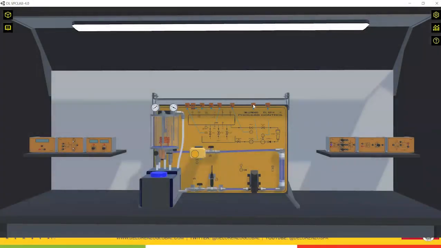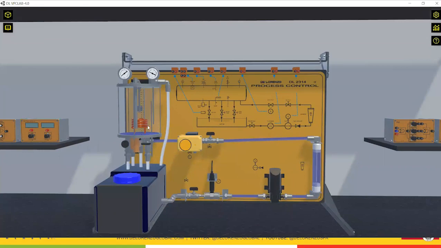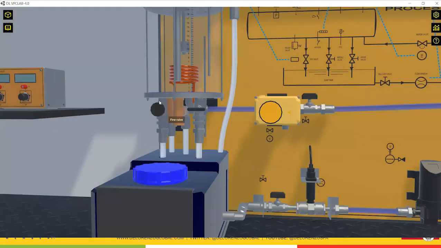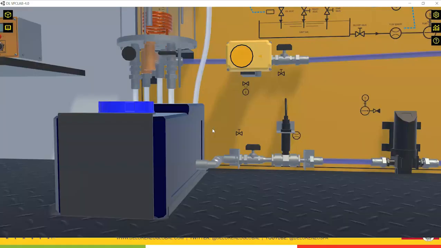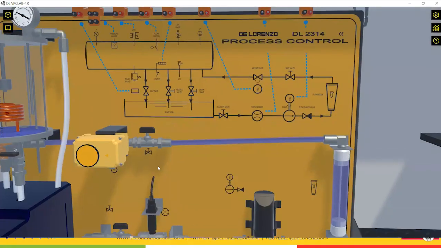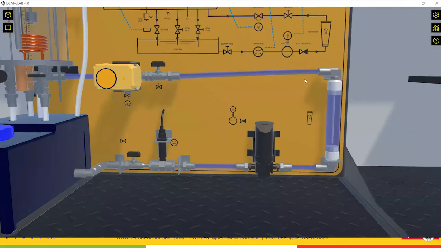All right. So this is the virtual process control system. In the demo version, we don't have all the modules, but we have what we need to do our experiment now. So this is the process tank. Here we have the sump tank. There is a schematic diagram of the process here. Here we have a pump and a flow meter and a motorized valve,